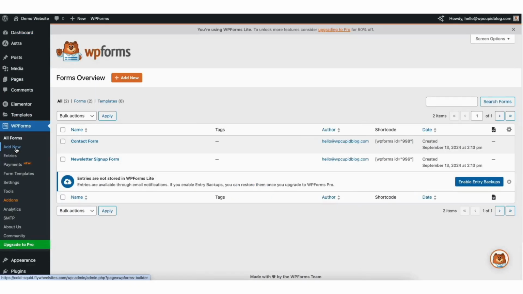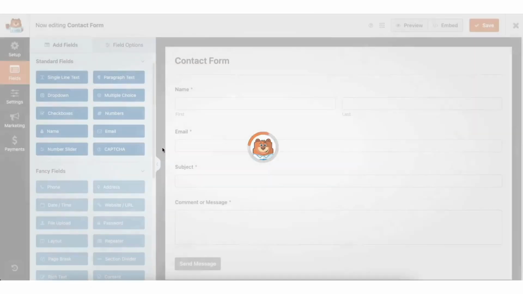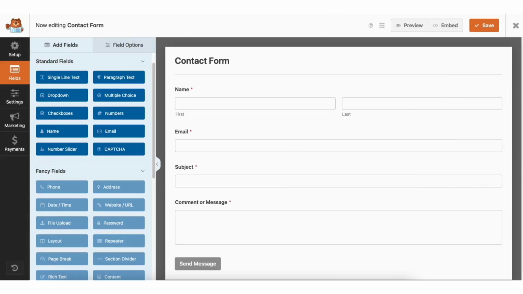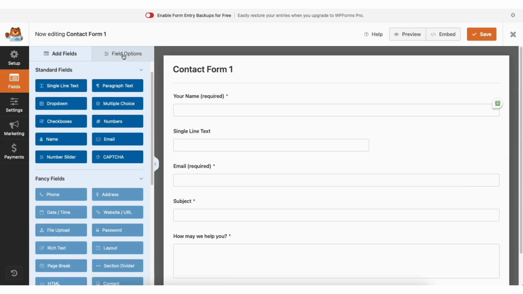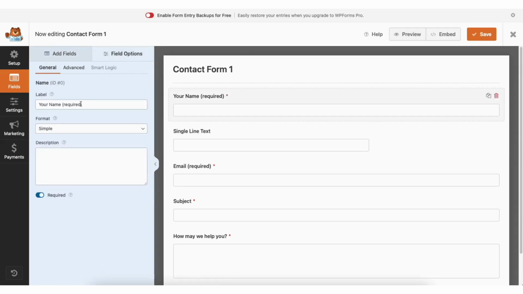You'll see the Contact Us form showing here. Hover over the form you want to edit and click Edit. It's now going to bring up the builder for the Contact Us form. You can hover over an area to delete it or duplicate it. You can click an area and drag it to wherever you'd like it. If you want to add something, you can drag it over from the side. If you click Field Options, you can click on a part of the form and then make changes from the side. You can select to make this part of the form a required or not required part to fill out.